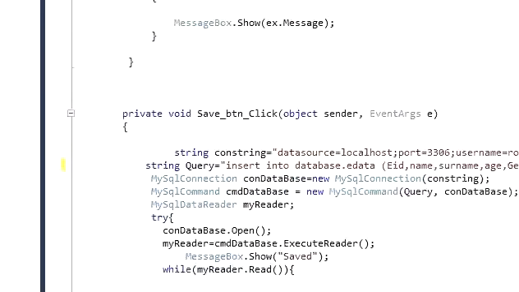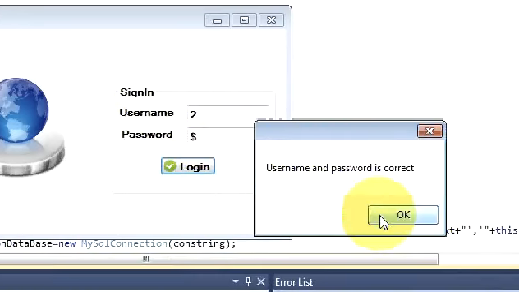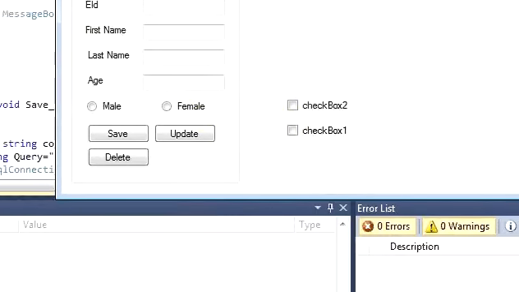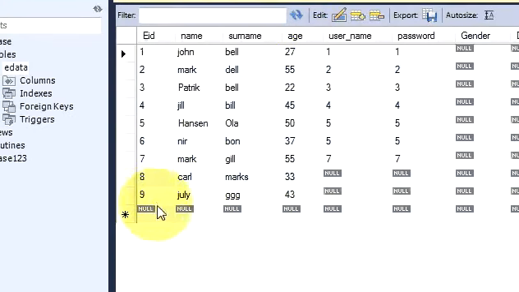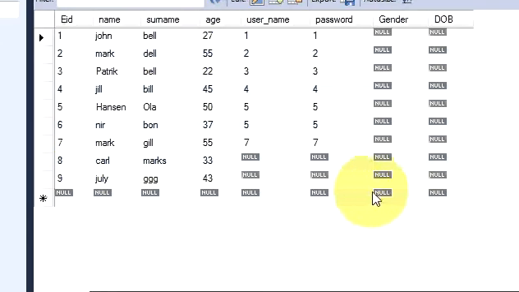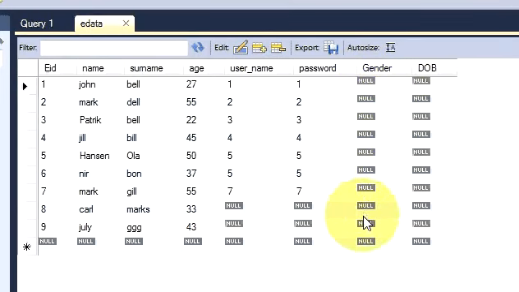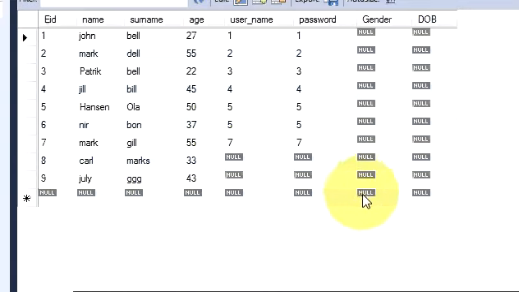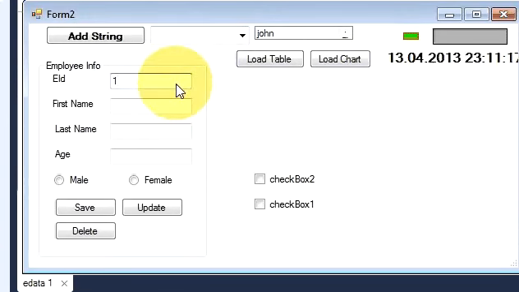And now when you run the program, and I have this now, and let's see the database. I have 9 entries for the employees here right now, and you see all the gender is null because I have just created this column. Now I want to add the 10th employee, and I will see if the gender of the employee comes here or not. So let's see. Employee number 10,